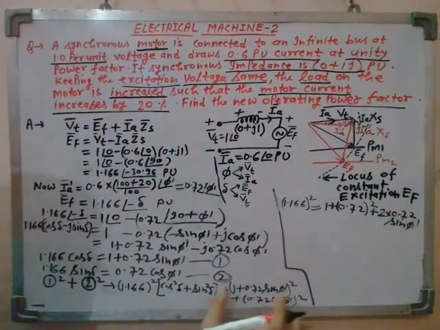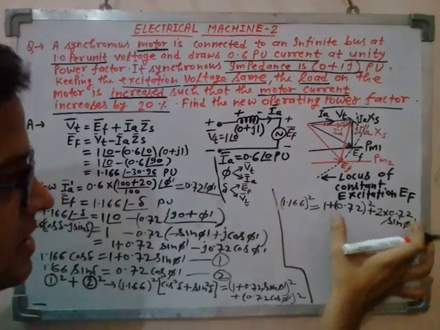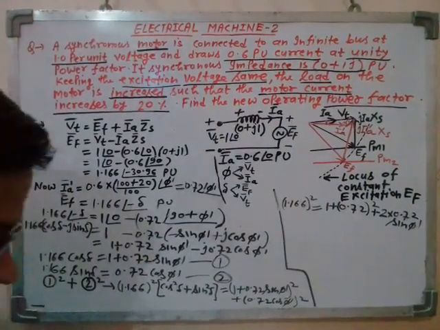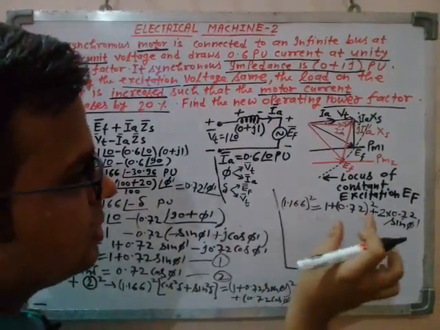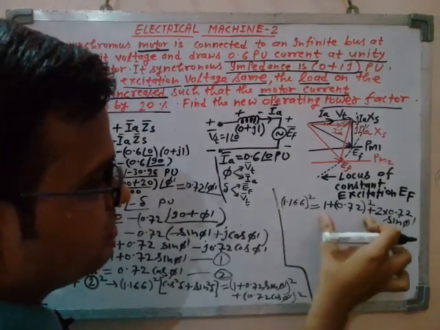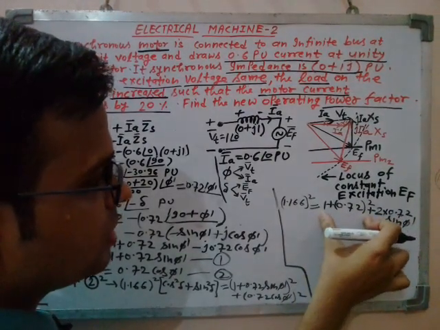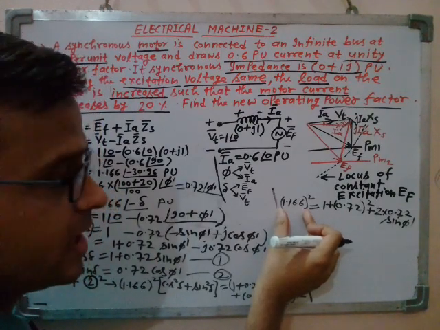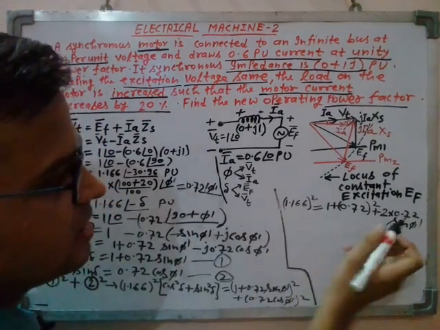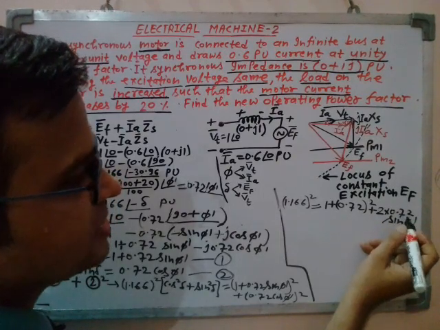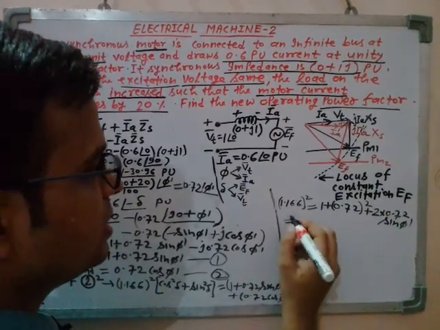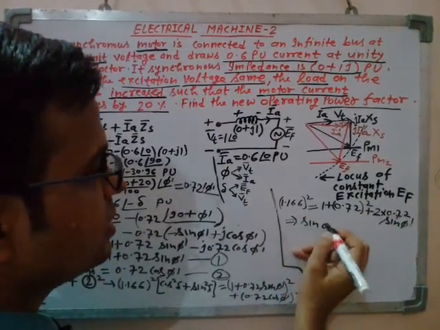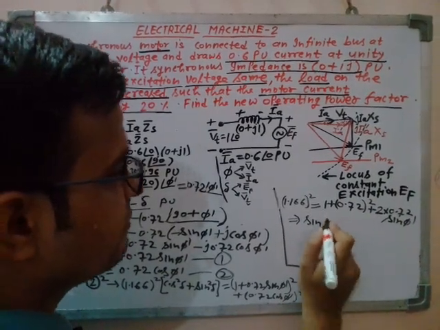When you open this square, you will get this term on the right hand side. So now subtract this whole term, 1 plus 0.72 square, from 1.166 square, and divide by 2 into 0.72, and just solve a little bit, you will get sin phi dash